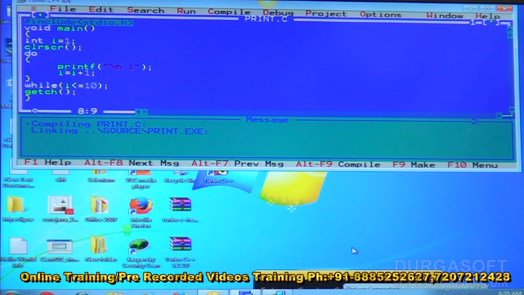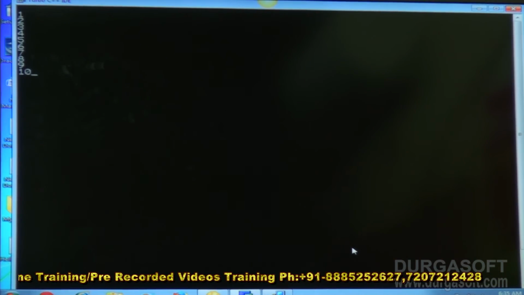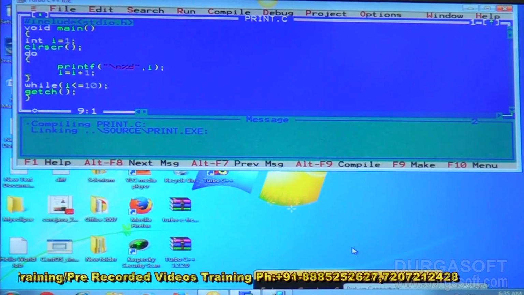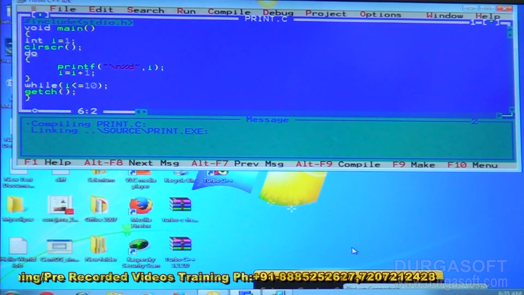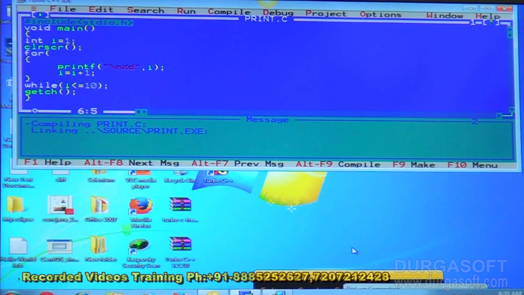Now I will write percentage d, comma I. Now you have printed what, 1 to 10 numbers. So the same thing I can print by using a while loop also, or a for loop also. Any loop you can take. For